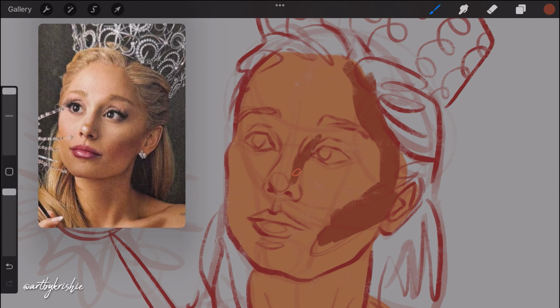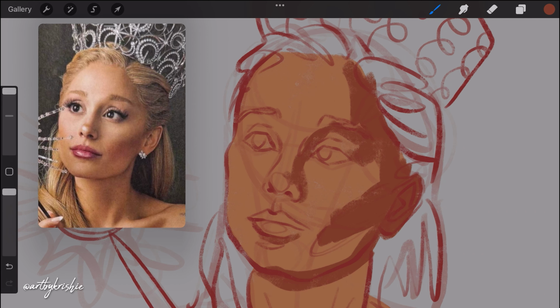So I'm going to go ahead and add the shadows under the cheekbone, along the hairline, side of the nose, wherever I see a shadow. If you're finding this difficult, desaturate your page once again to see your values on the reference, and then just add the grey where you can see it on the reference. I'm just going to focus on the head and upper neck for now